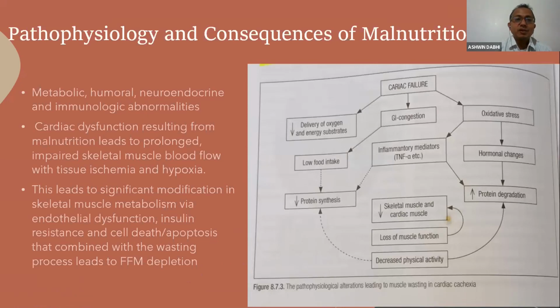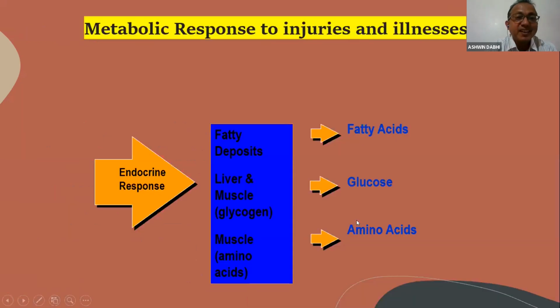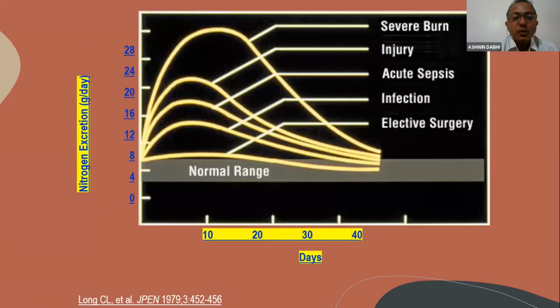important for us to understand the pathophysiological cascade. So with respect to cardiovascular disease, all of you know that there is a compromise in oxygen delivery, alteration in GI digestion and metabolic pathways, and there is oxidative stress, which in a nutshell leads to the release of inflammatory cytokines, and that all leads to decreased protein synthesis and increased degradation of protein. So there is a very peculiar metabolic response to injury and illness in the form of mobilization of muscle amino acids to provide glucose. And therefore, it is very crucial to identify such vulnerable people, because if you look at